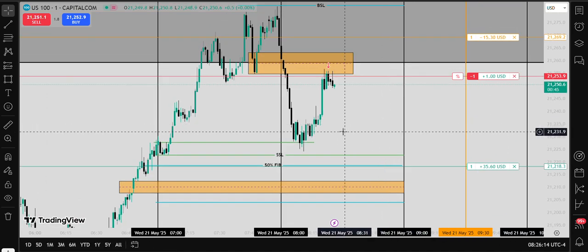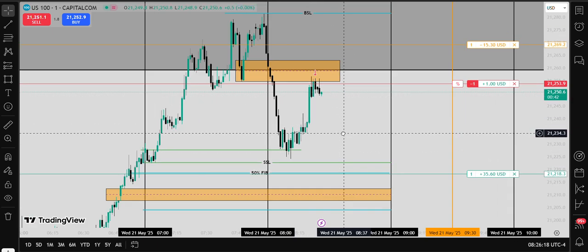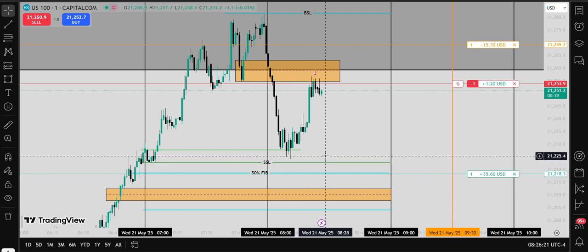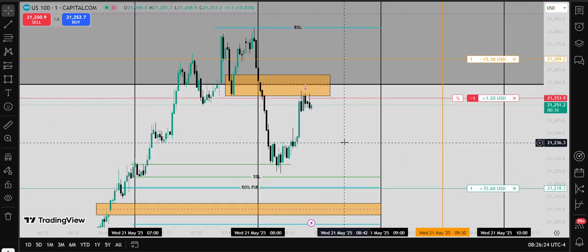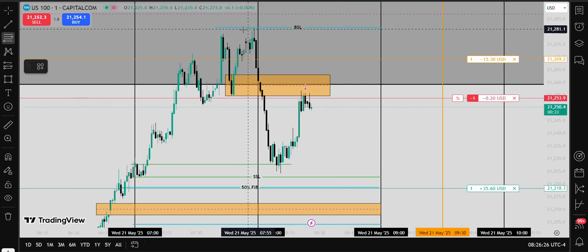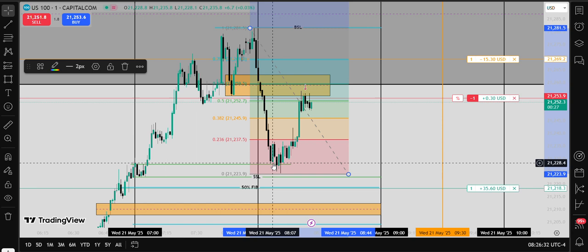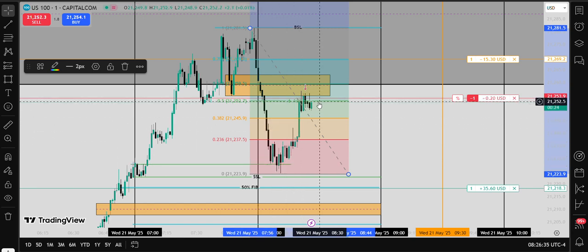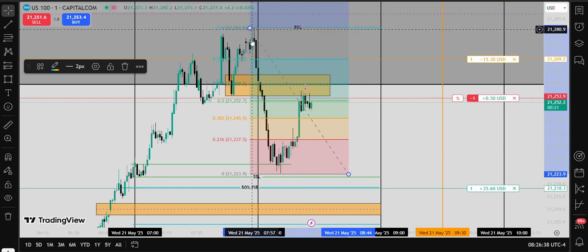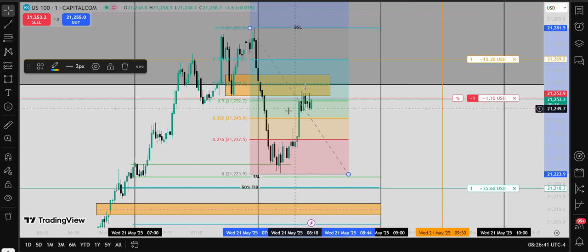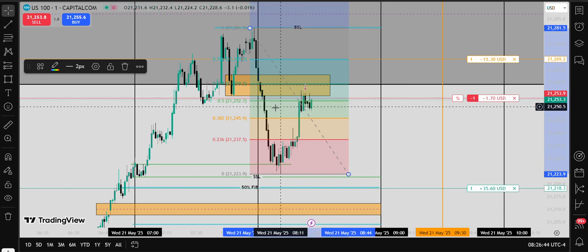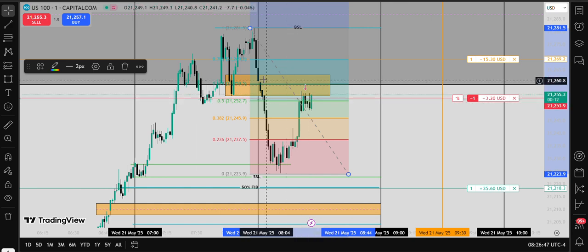So let us see whether the market is going to drop and give us this. I would also want to measure and see whether this retracement is actually at 50% retracement right there. If you measure the dip from right here to here, it's actually not a deep retracement. The farthest it can go is around somewhere here where my stops are, and as you can see, it's right at the deepest retracement, which is